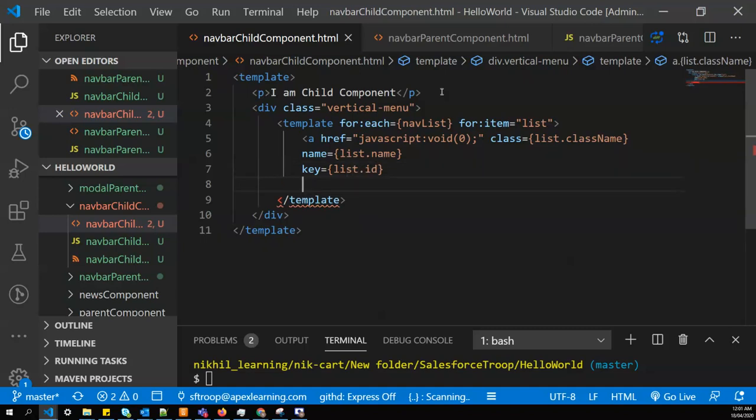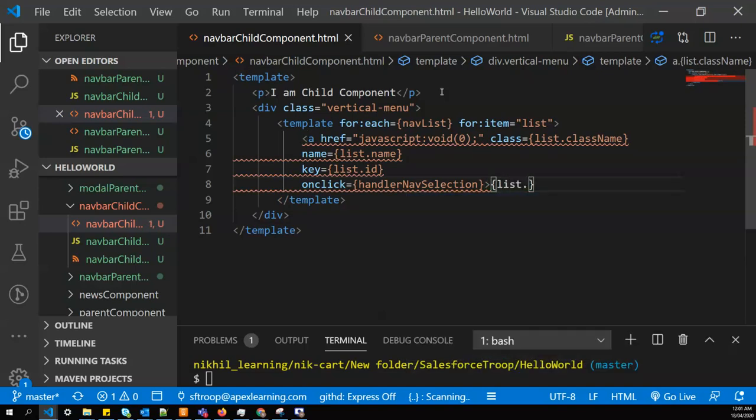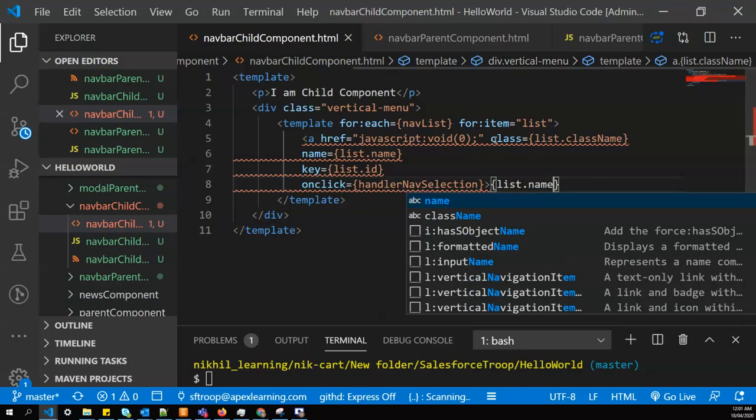and we'll attach one click handler. I'll give this name handler nav selection, and we'll go with this dot name, which will print in this.